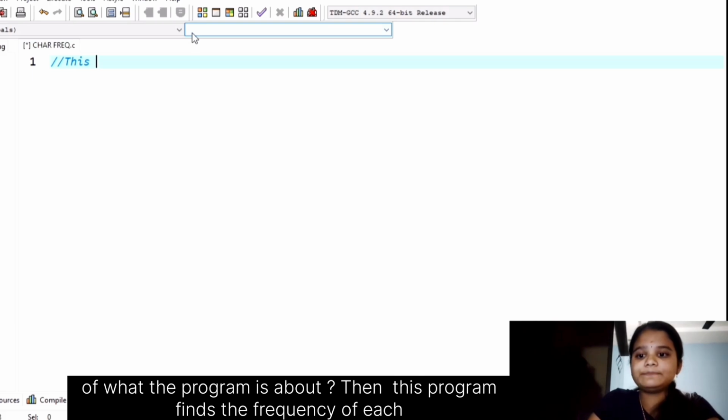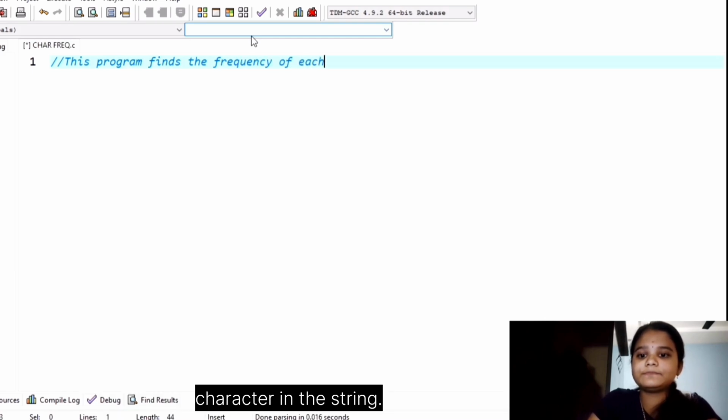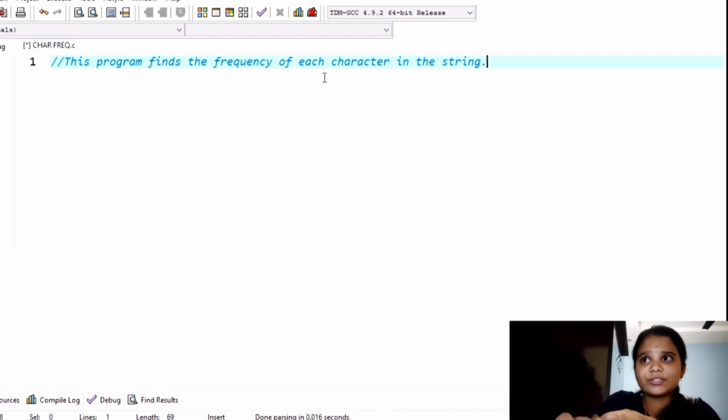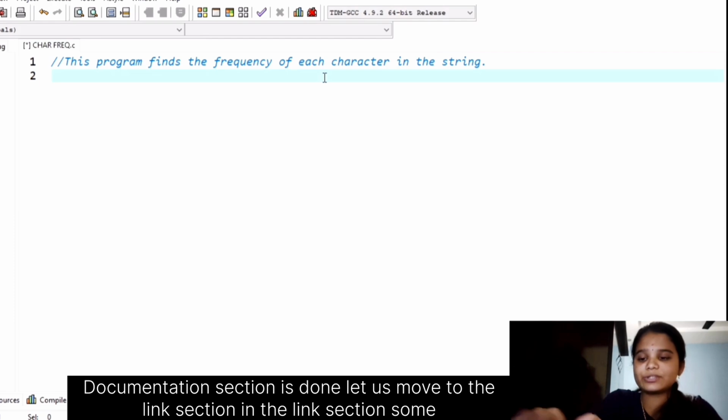This program finds the frequency of each character in the string. Documentation section is done.